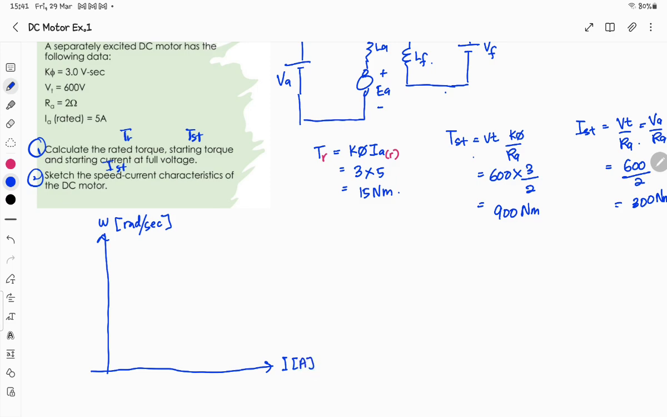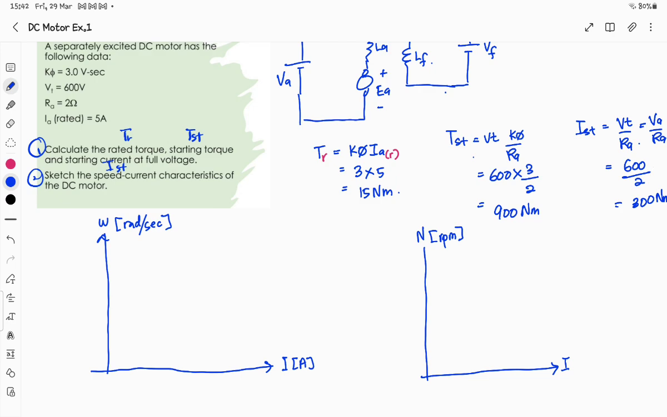Or you can also use RPM. If you use RPM, you need to convert the radian per second value to RPM value. Okay, alright, so let's take a look